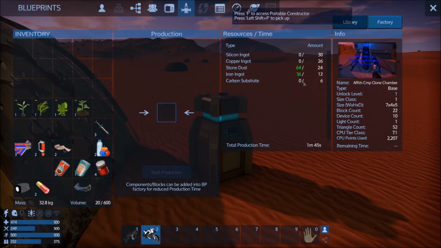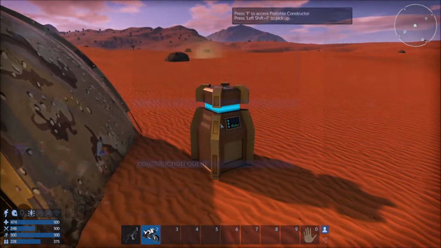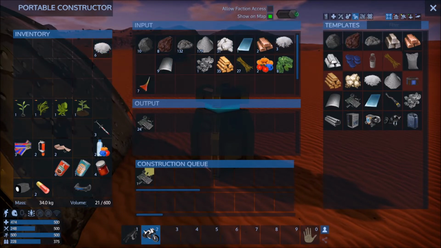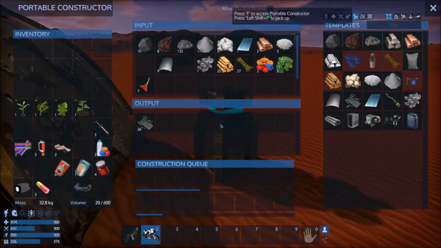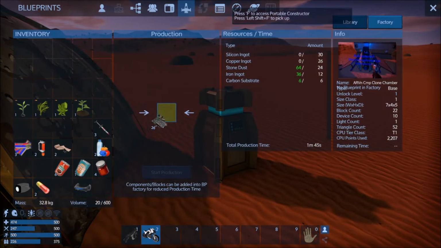Okay, so I can put that in there, and we're going to have enough iron for this and the next. In fact, we're going to have enough iron for all of those. Exactly enough iron, in fact, for all 3 of these extra little things. Carbon substrate. Okay, we're going to need carbon substrate, 6, silicon, and copper. So that ought to do it for...